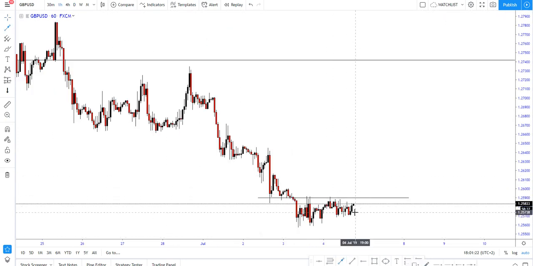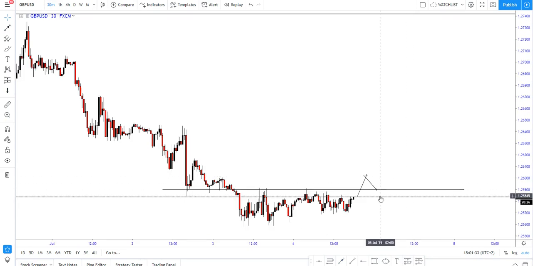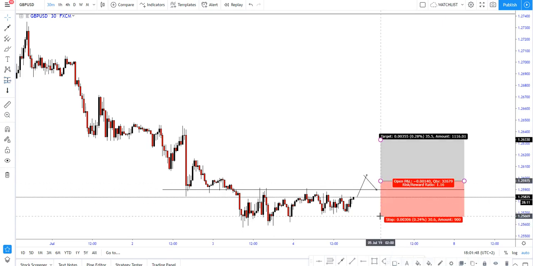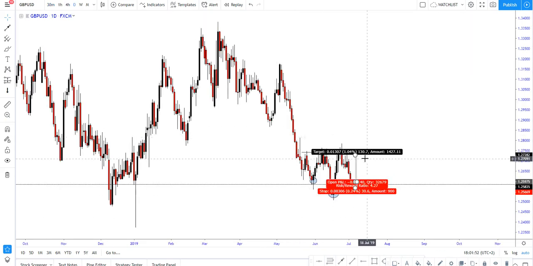So what you're going to wait for is very simple. You wait for a nice clean break, then you wait for a nice retest of this area. Once you get the retest, you can drop down to a 30-minute time frame. Wait for a bullish engulfing, a morning star, some sort of bullish move to place your buy. Your stops will then go beneath here. So let's just say you get a bullish engulfing over here, your stops are over there, and your target based on the daily will be, let's call it